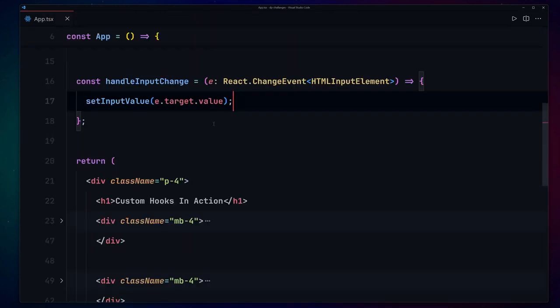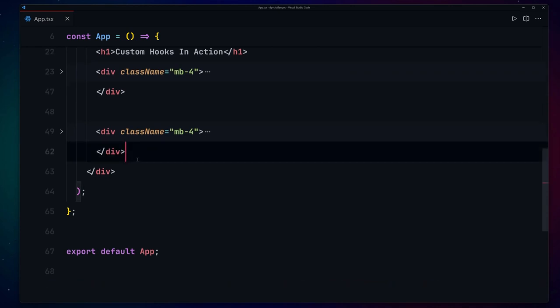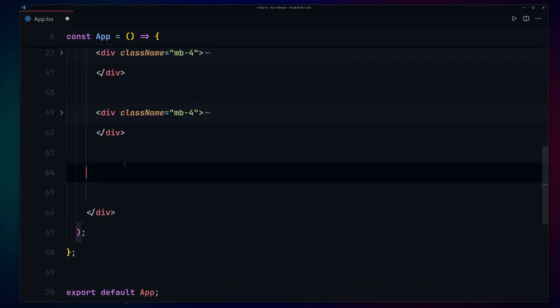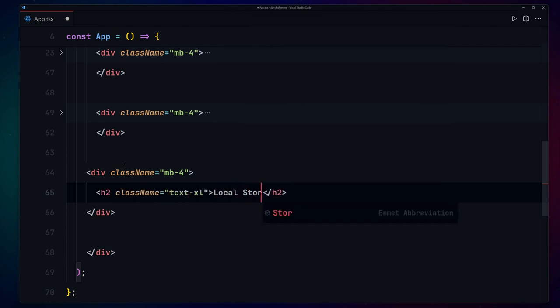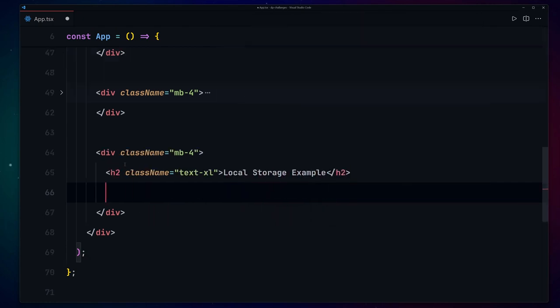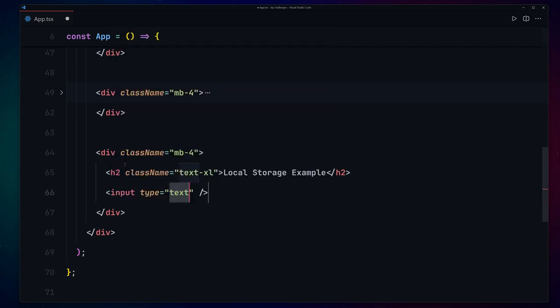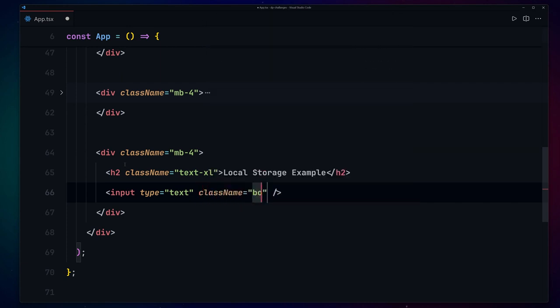Now let me close this file and go to my JSX, and underneath this one we're going to be defining yet another JSX, which will be a div with the class of margin bottom of 4, and inside there let's use our h2, which will have the classes of text extra large, with the text local storage example. Save this file, and now underneath there let's create our input field with the type of text, and also the classes of border,